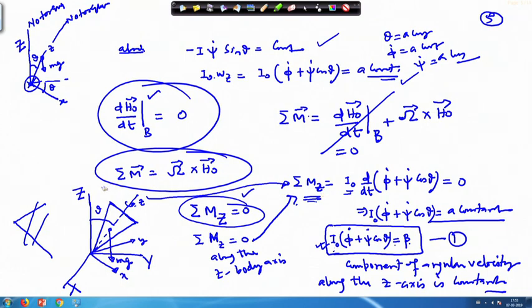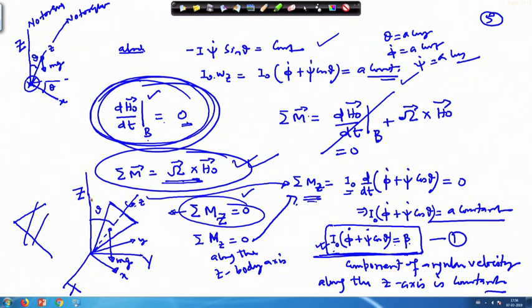So, what we looked at, the d h 0 by dt with respect to the body axis, that gets reduced to 0 in this case, where theta is a constant, and phi dot and psi dot are constant. So, only this part was remaining. Okay. So, from there we derived this condition. But this condition is also applicable to the case of the top. Why? Because in the case of the top, m z, the torque about this axis, is 0, and here m capital Z, about this axis, is 0.